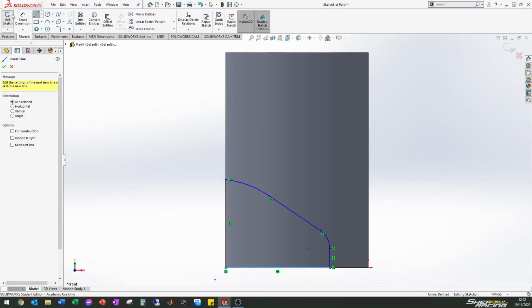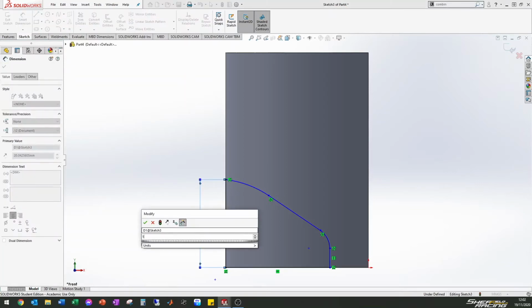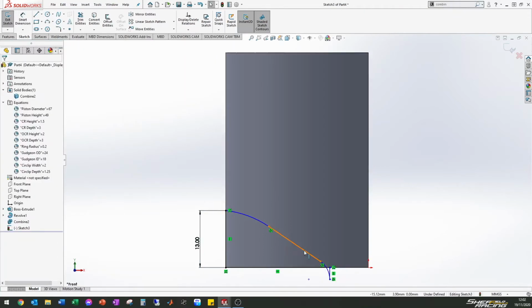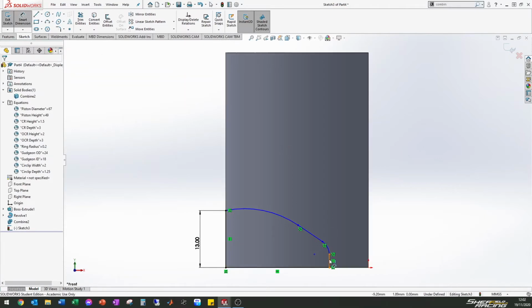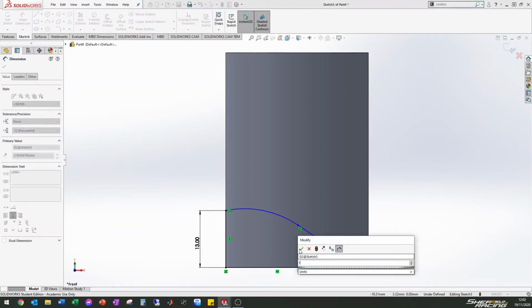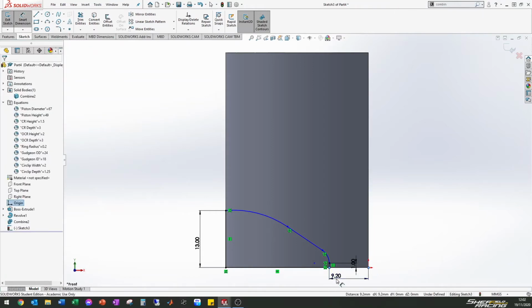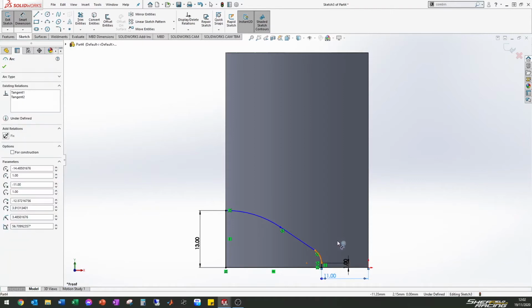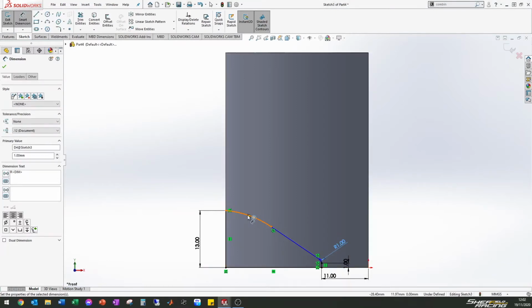So we've got it. Now if I add some dimensions, if I dimension the height of this to the bottom edge as 13 millimeters, you can see it's folded itself up a little bit. So if I drag that edge up, there we go. That's better. If I dimension this as 1 millimeter, and dimension the point to the axis, that bottom point there, as 11 millimeters, you can see. If I dimension the radius as 1 millimeter, again, these are all just dimensions that I've had to approximate using the tools that I've got with me. If I put a radius here of 15 mil,